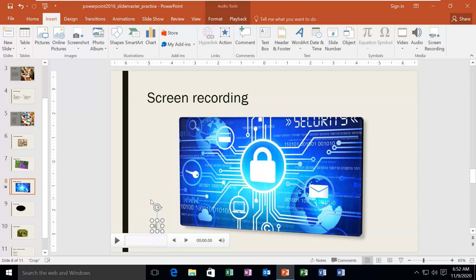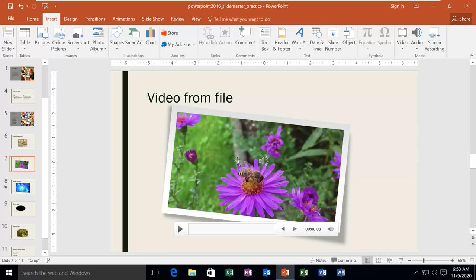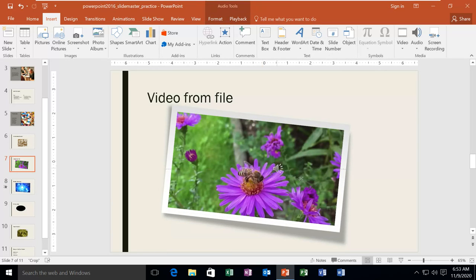And if you want to play it, then you can play it from here. So you drag it from here to there. Now you want to play it. You can jump to any time. And once you're done, you can also adjust the volume here.